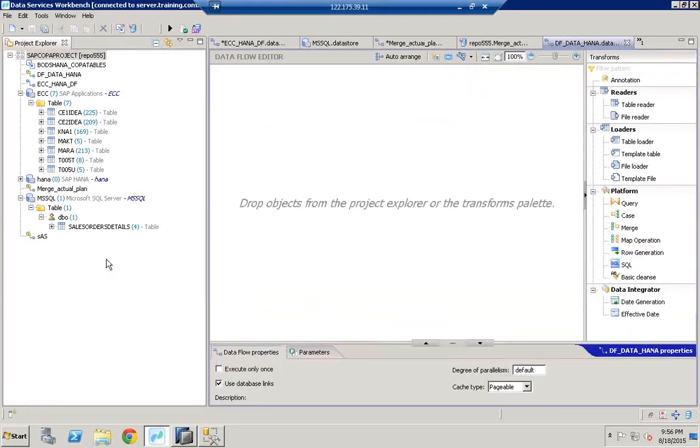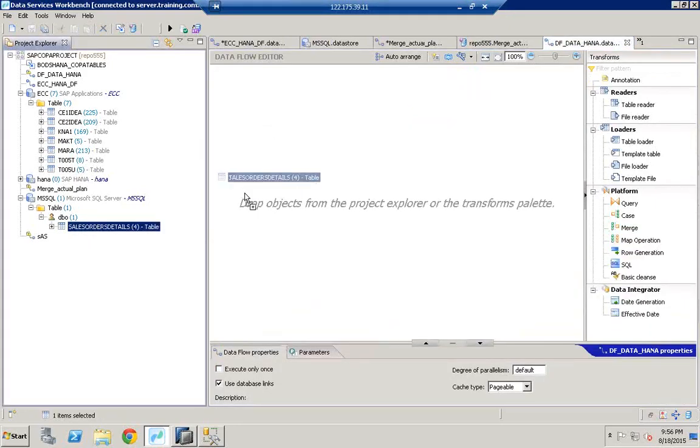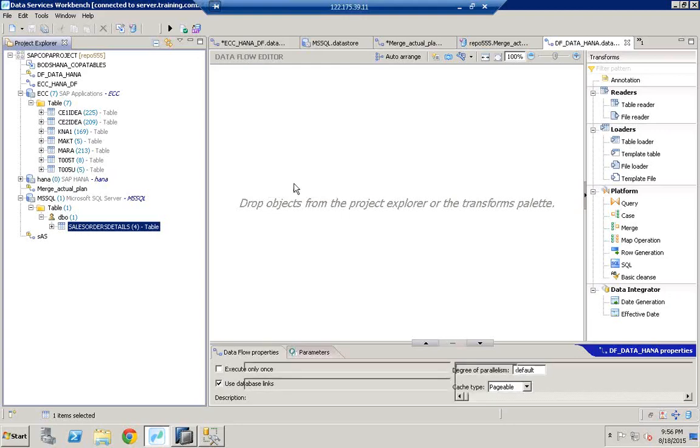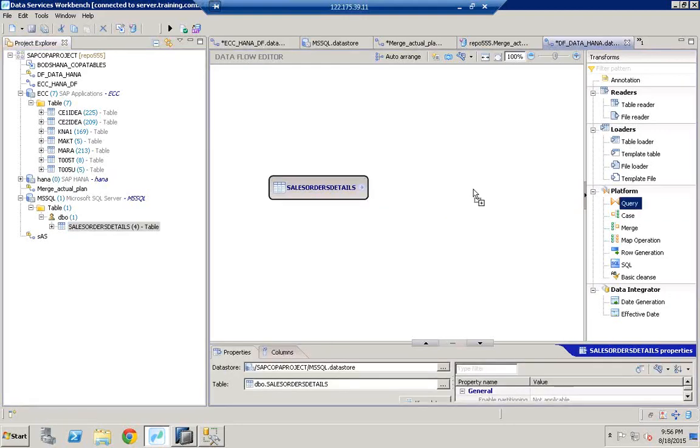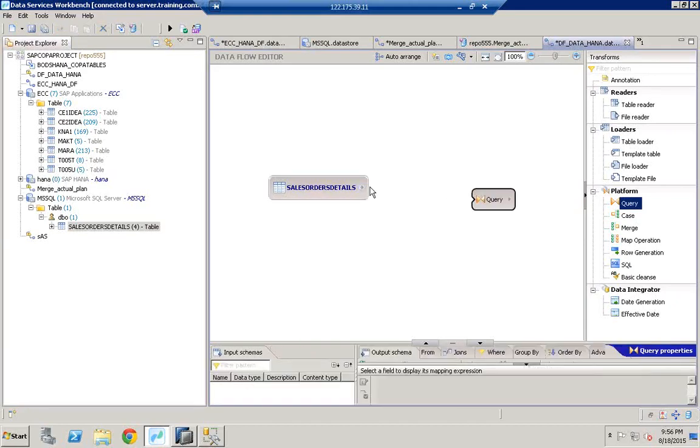Now let's select the table and drag and drop, import as source, basically taking this table as a source. Let's link query transform, link table to query,